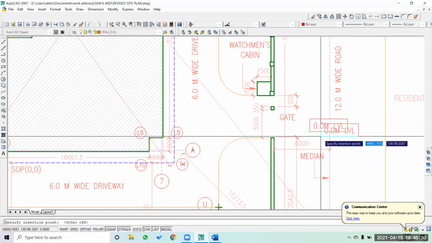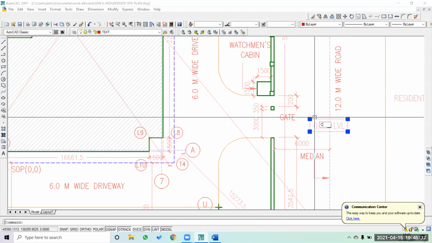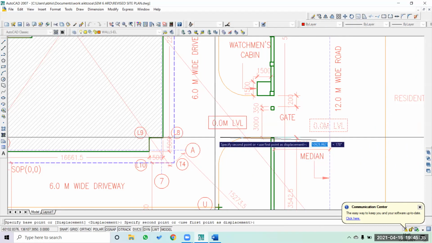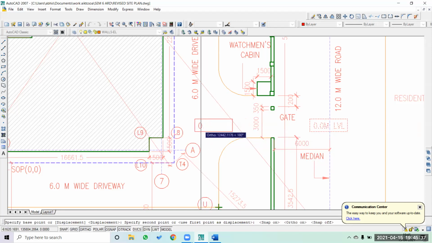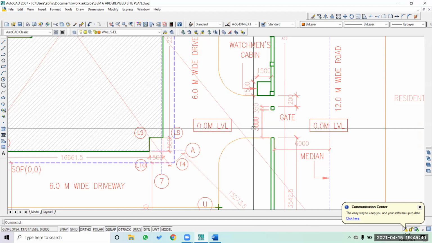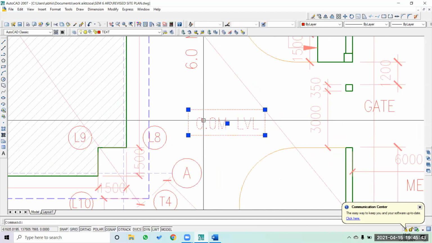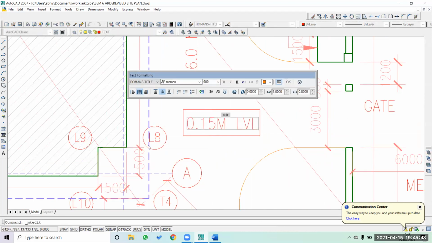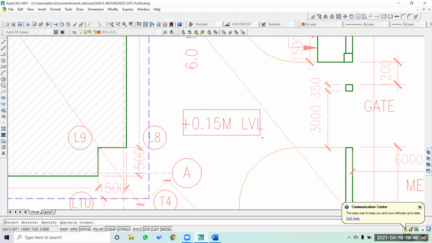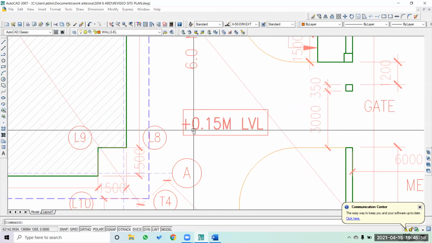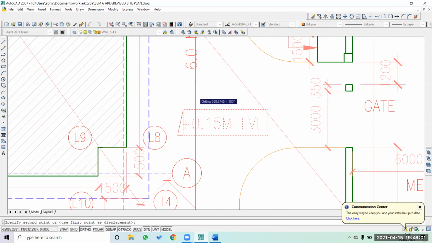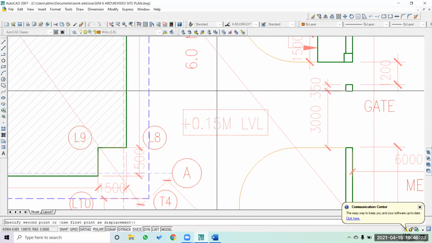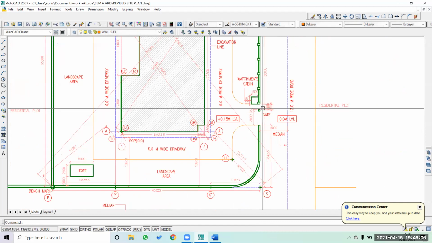Okay, we have to mention the level here again. You have to mention, because it's going to be a developed ground, this is going to be at least plus 0.15 meter level.